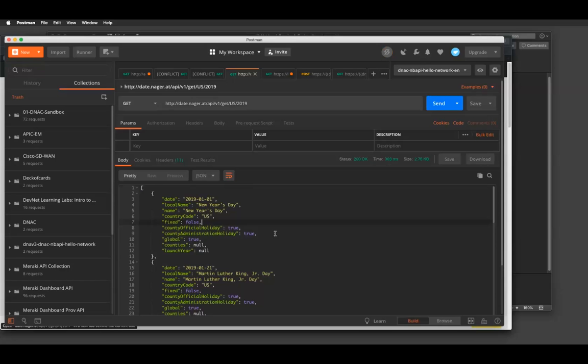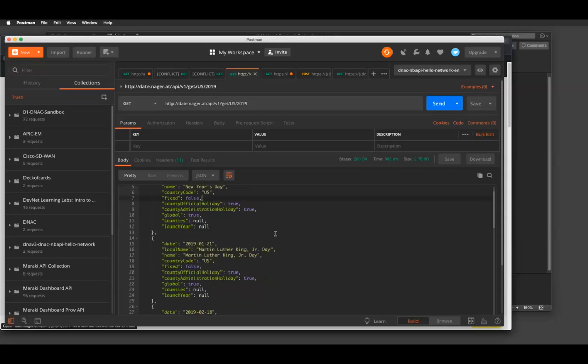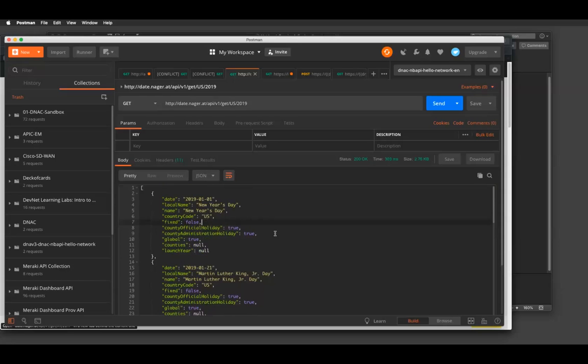But again, just as we look at the ways that APIs can start to be chained together, you can go to this API and figure out, hey, does that match up with a particular holiday based on this particular year's calendar? And again, it does have to be the United States. That particular API does pretty much for all countries.